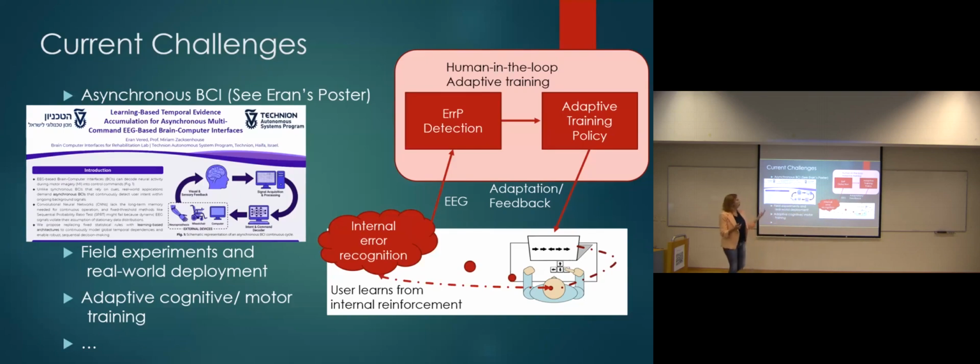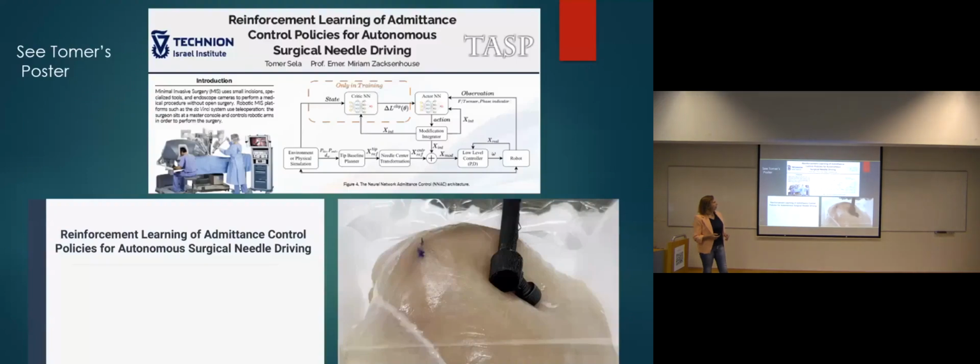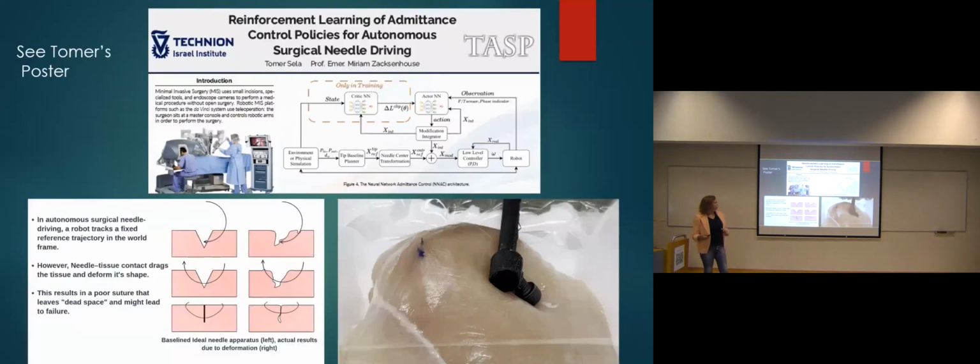So if there is no error processing in the brain, we want to change the task or give feedback to the person, so he will be aware of the error and able to learn from it. And again, there are many more challenges, and you're welcome to explore them if you're interested. Come talk with me. The other project that I was talking about,